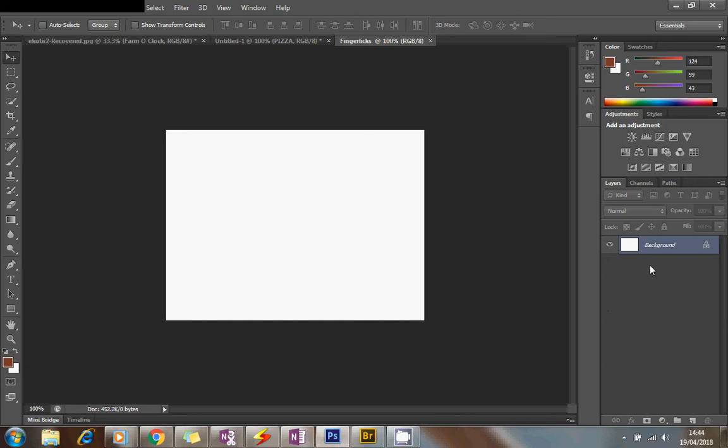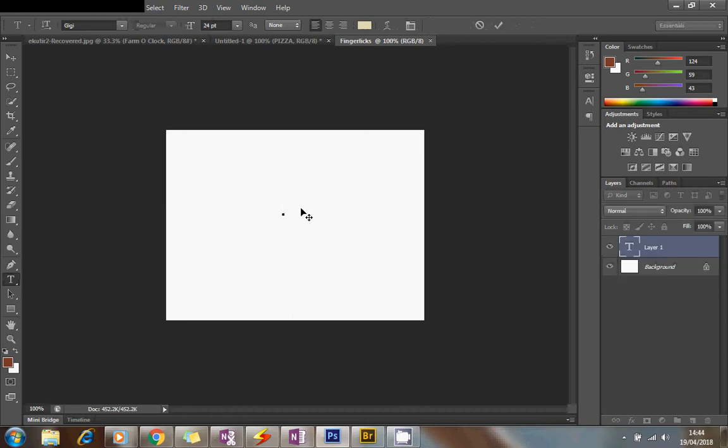For instance, if I type something here, a layer is going to be created for it. So you see here on your right, it says layer 1. So if I type here Finger Licks,